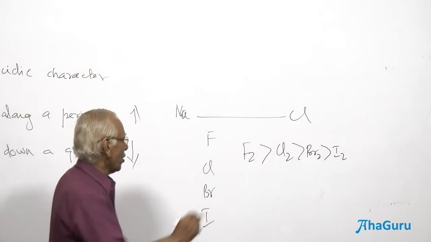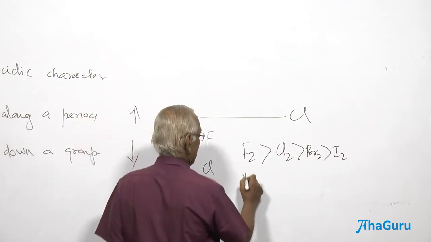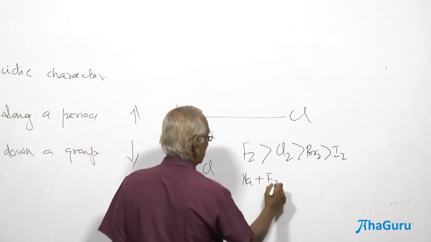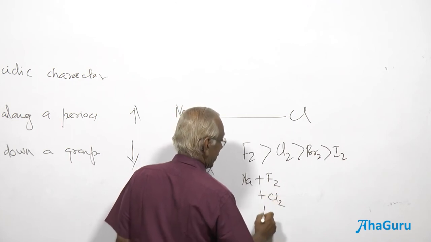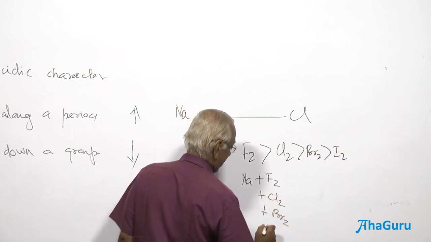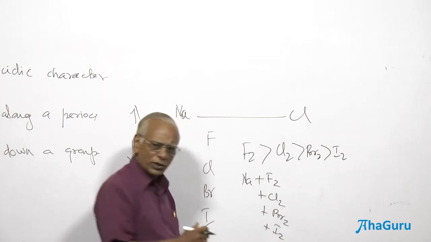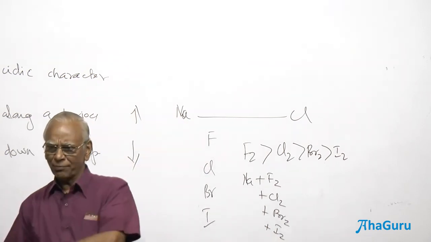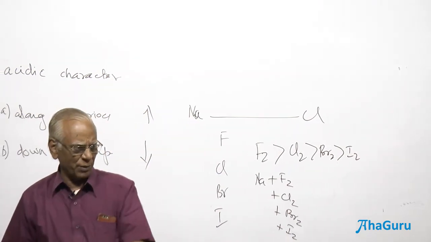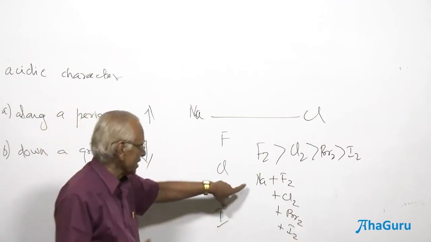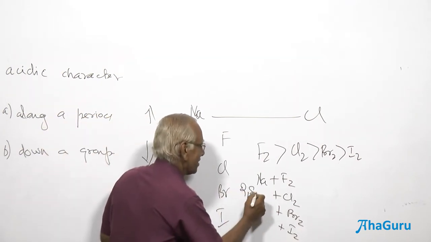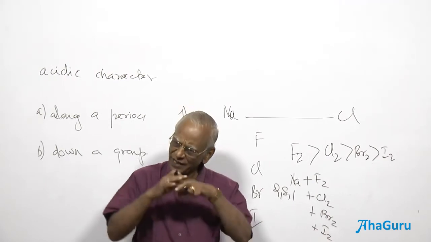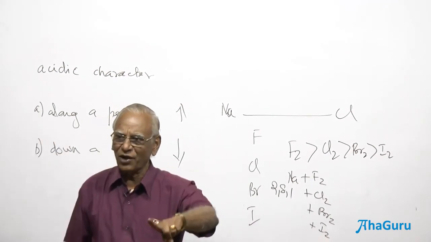You react with a compound, sodium, let's say. Sodium reacts with fluorine, sodium reacts with chlorine, sodium reacts with bromine, and sodium reacts with iodine. What do they do? They snap the electrons, isn't it? Sodium is prepared to give one electron, because the electronic configuration of sodium is 1. Sodium is prepared to lose that particular electron in order to get the octet configuration.